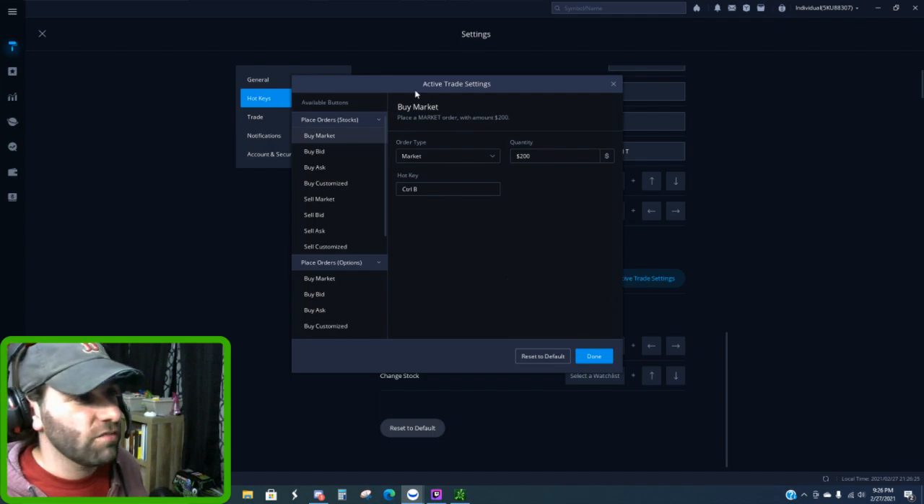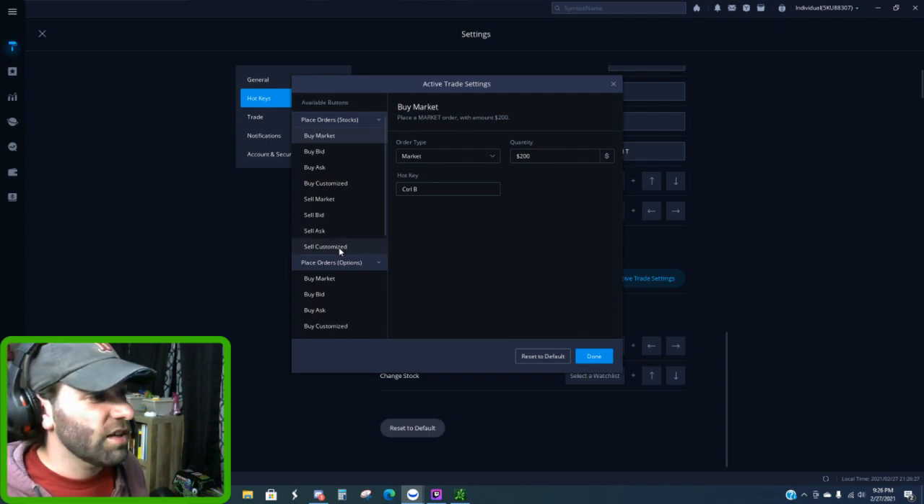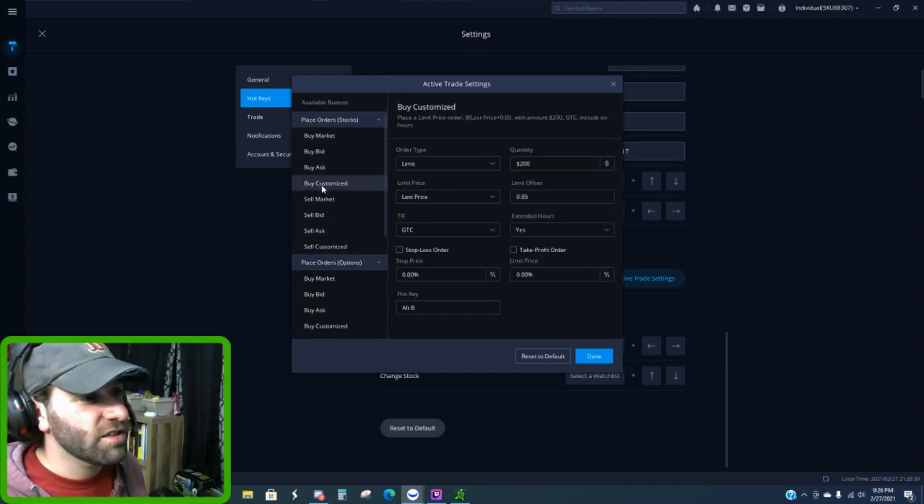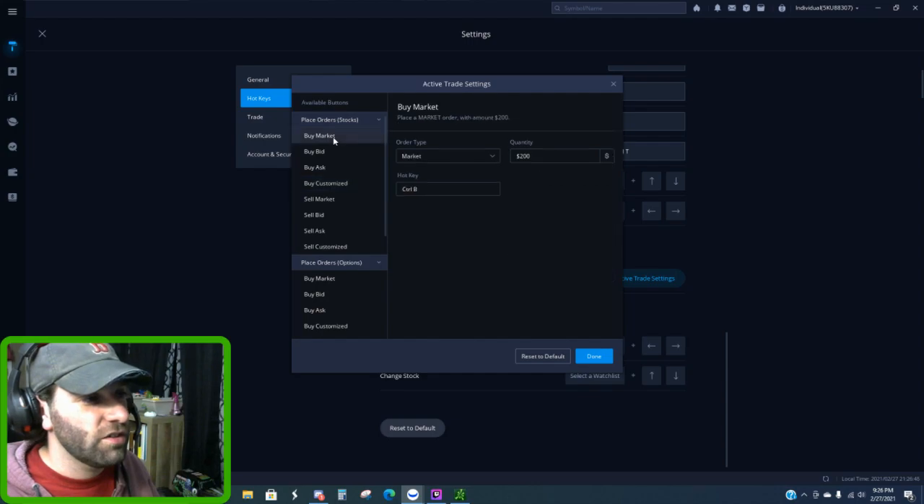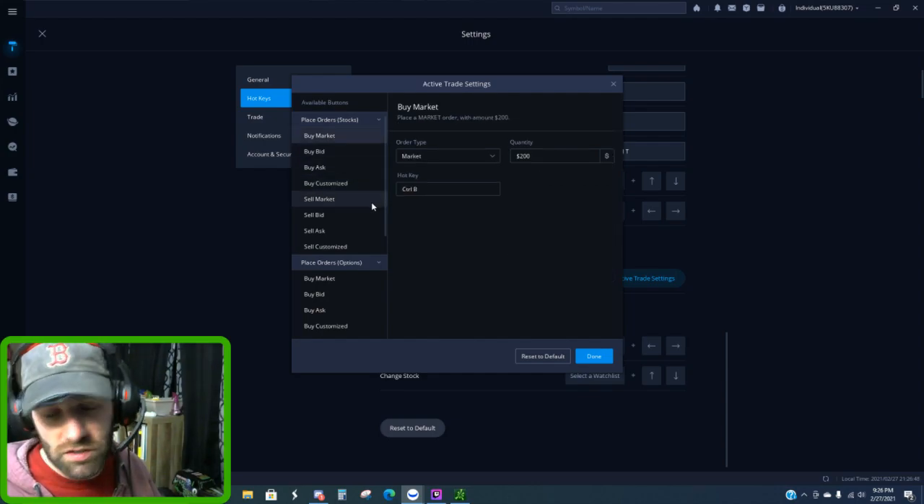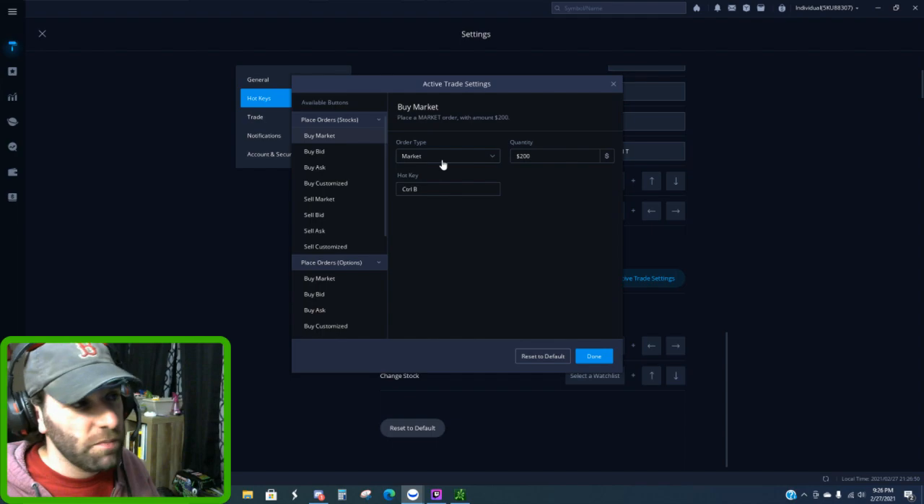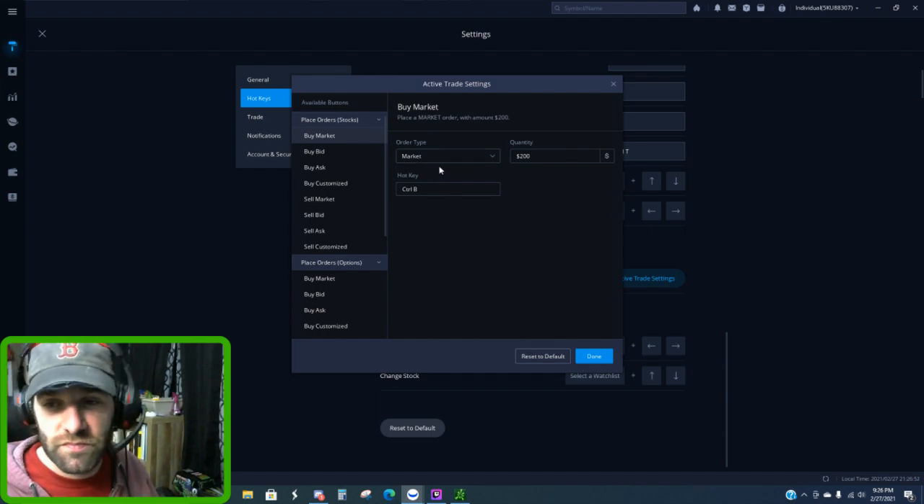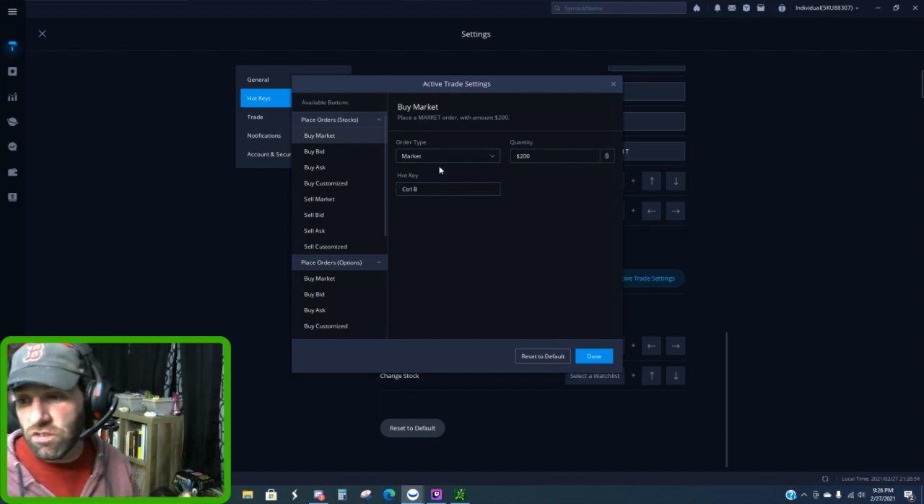It'll let me do it now. There you go. So I was able to set up my buy customized, which is a limit with a 5 cent offset here, and I can't do the stop loss or take profit. So my Alt key, Alt B, is pre-market, and then what I do for during market is Control B. So I do market buys during market hours, like I was saying earlier, because I have to be in quick